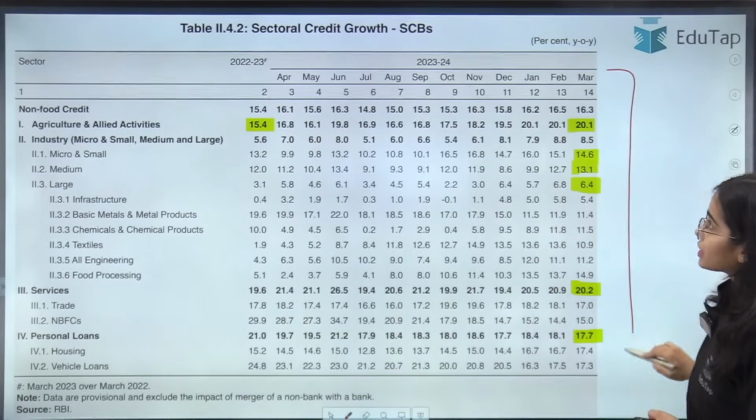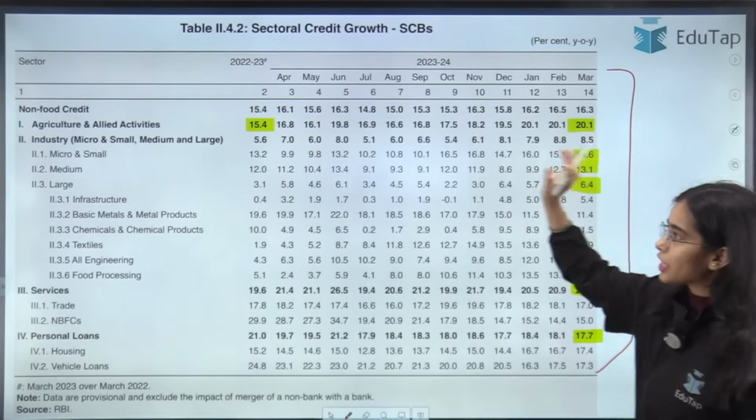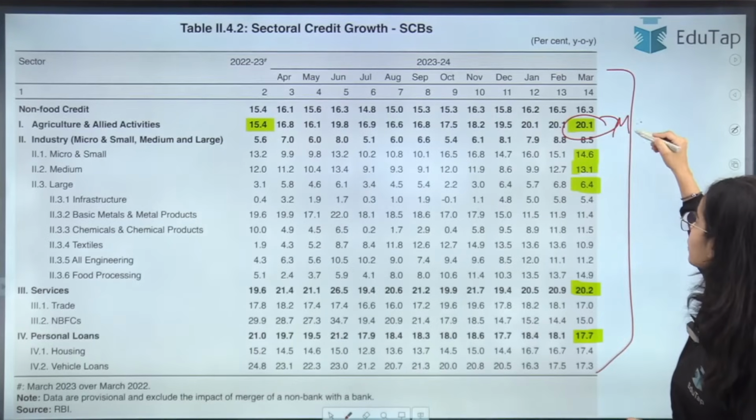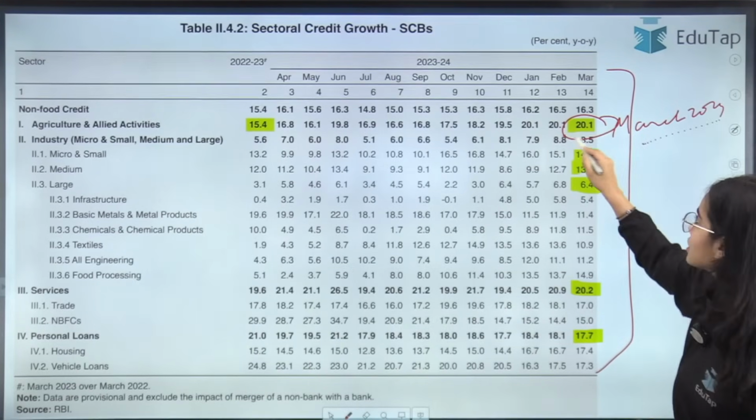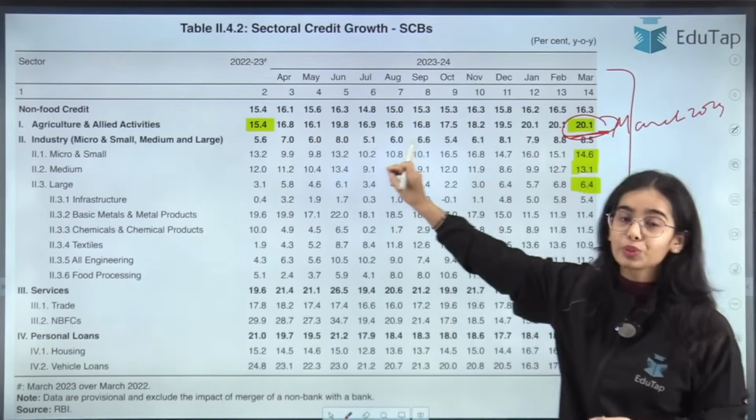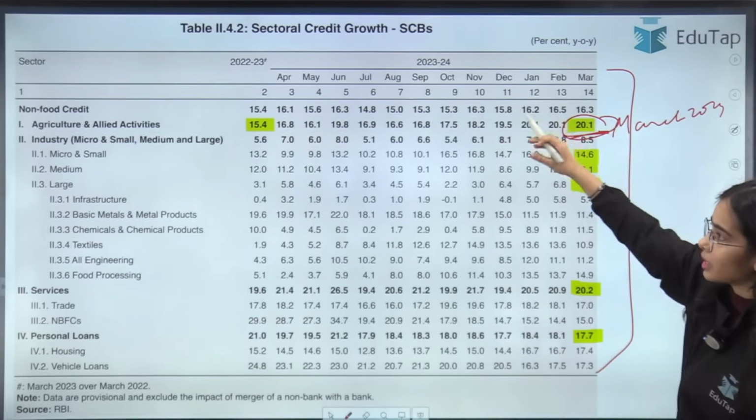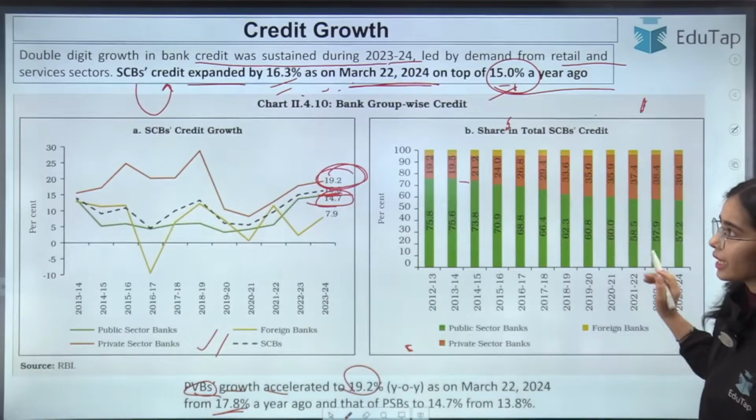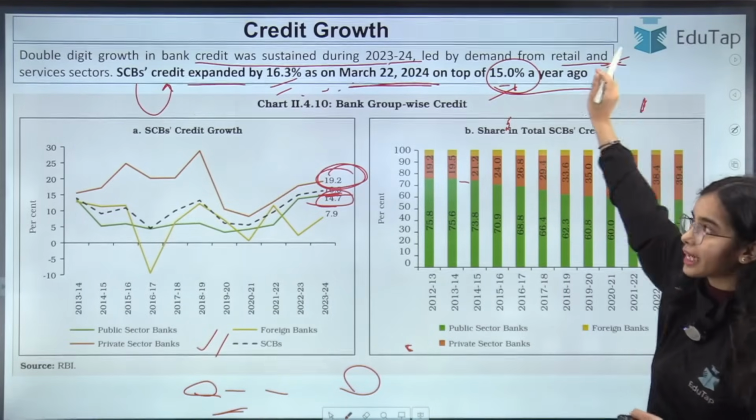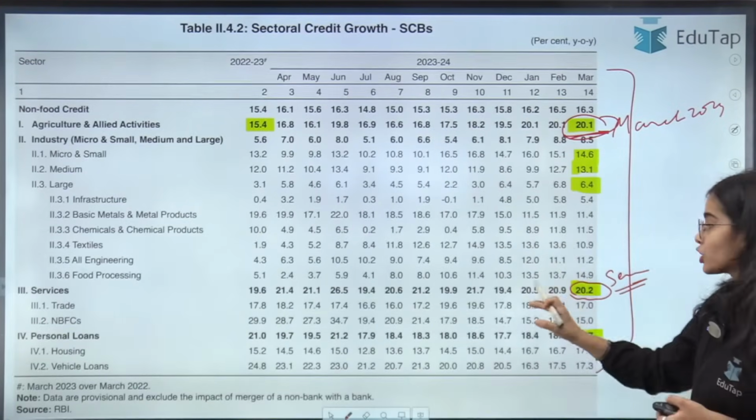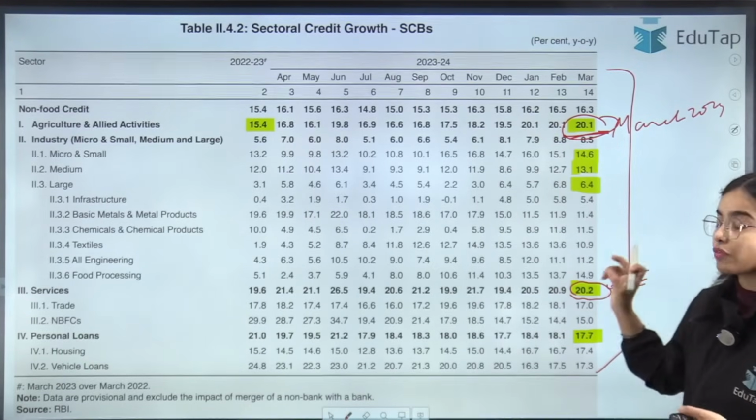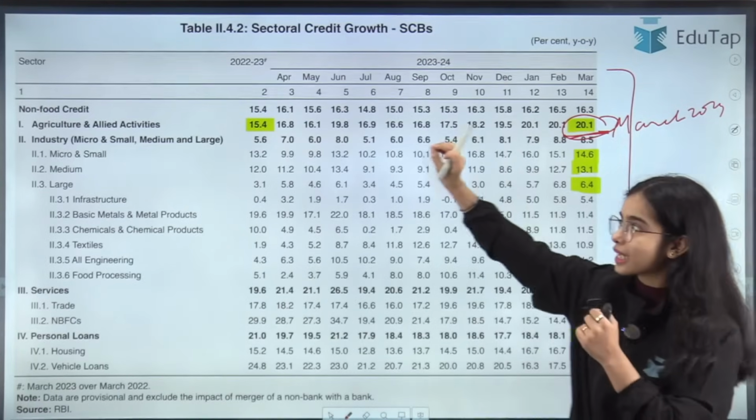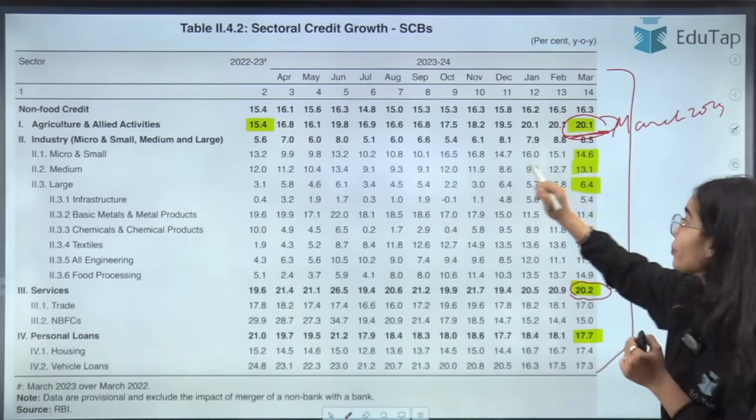So this is the sectoral credit growth that has been seen. Especially for the agriculture and allied sector, you can see that till March 2024, the sectoral credit, the highest was going to the agriculture and allied activities, and the highest we can say was going to the services sector. Here it has been written that the retail credit and the services sector credit was very high. For the services sector, 20.2% of the credit was going to the services sector, 20.1% of the credit was going to the agriculture and allied sector, and